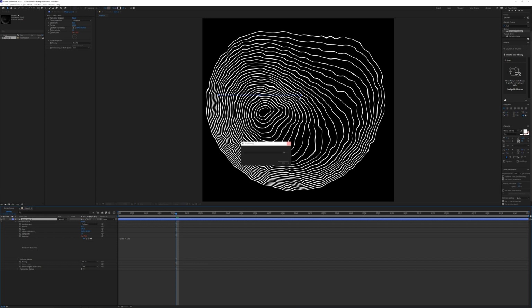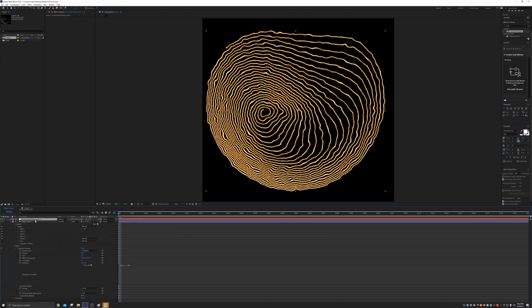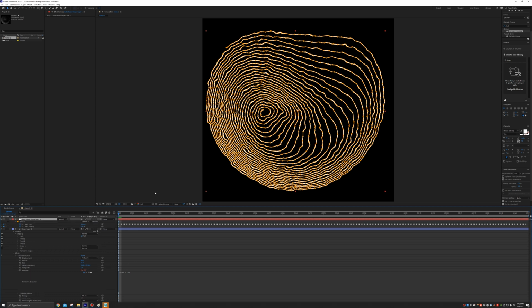All right, so the auto trace can take anywhere from 30 seconds to a minute to like 15 minutes. It really just depends on how large of a resolution you're using. In this case, I'm using a very high resolution, and it also depends on the length of frames. Now, one other thing that can happen is auto trace is also a little bit unreliable, and sometimes it will just stop and you won't get all your keyframes.